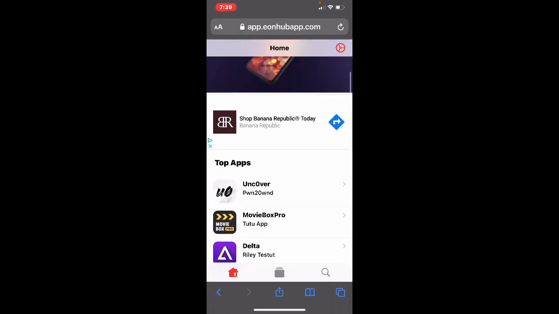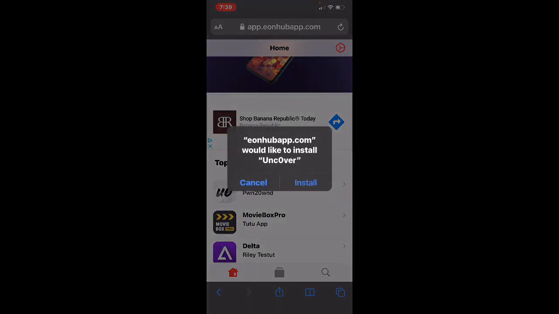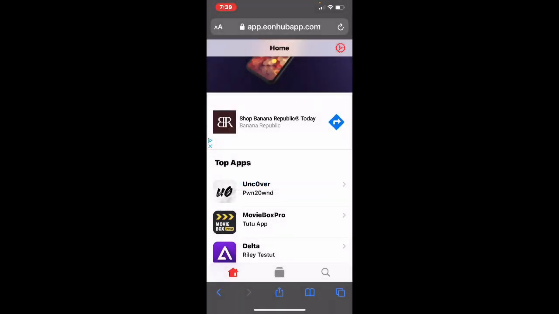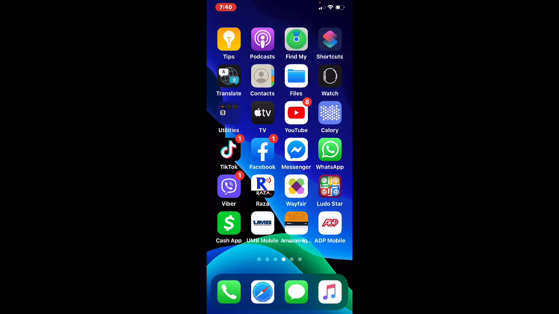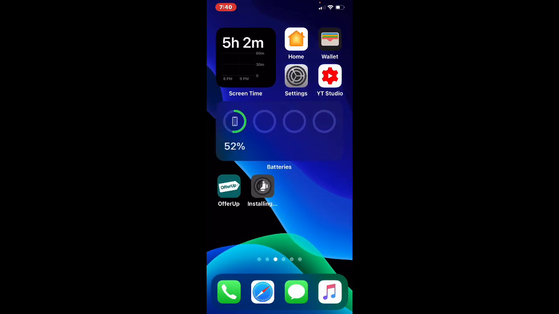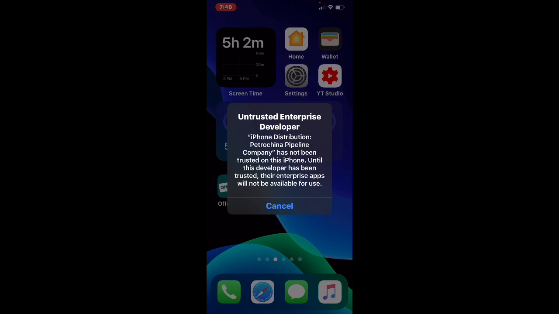So the first thing I'm going to show you, I'm going to go ahead and install this Uncover. You can see it really works. So you click on that, and then you can do install. And once we hit install, we go to our home screen, and right there it is installing. Let's give it a second. There you go. And now if we open it, as you can see, it's not opening because we have to